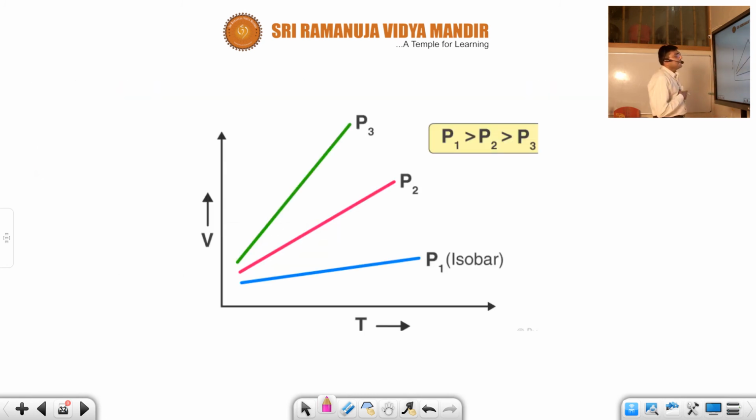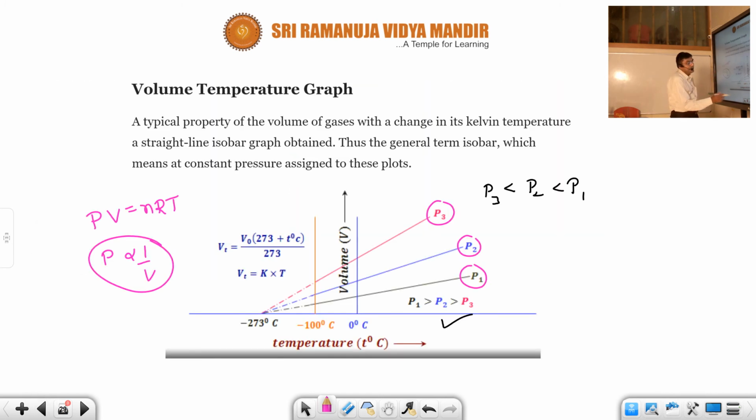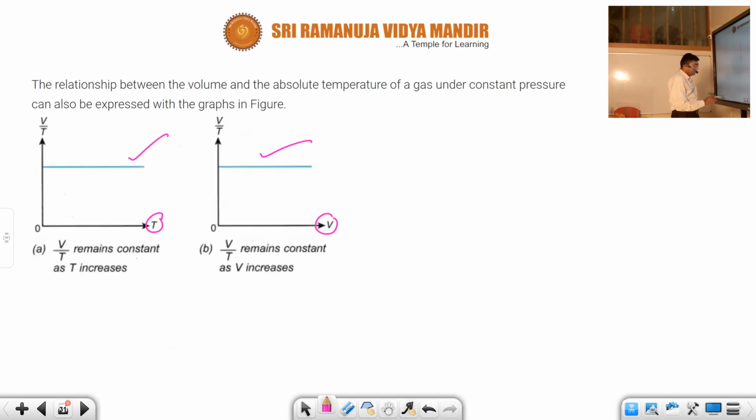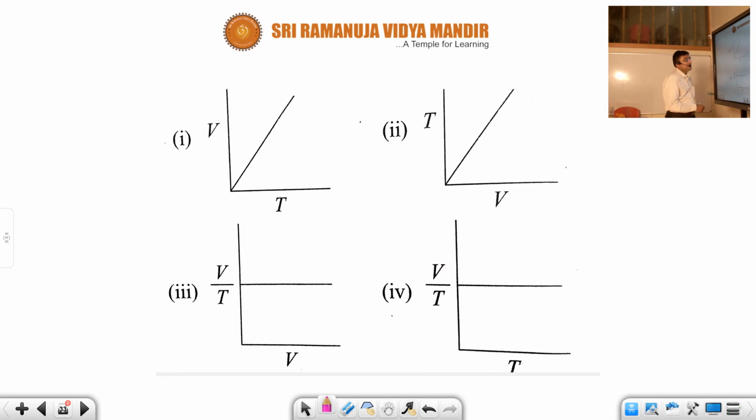Now, this is another wonderful question. In the earlier case you have seen, temperature is given in centigrade, and you found out which isobar is having lowest pressure. This time it is the same thing here. So P1 is greater, but this time temperature in Kelvin is given. That is the only difference. Naturally P1 is greater because when pressure is less, volume will be more. I hope you understood. Next.